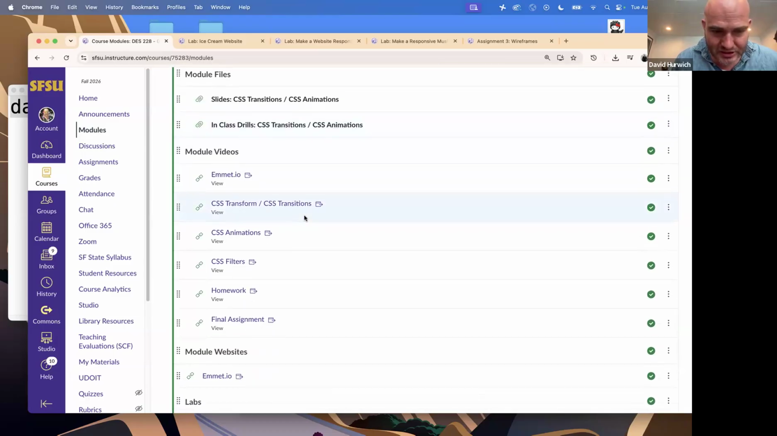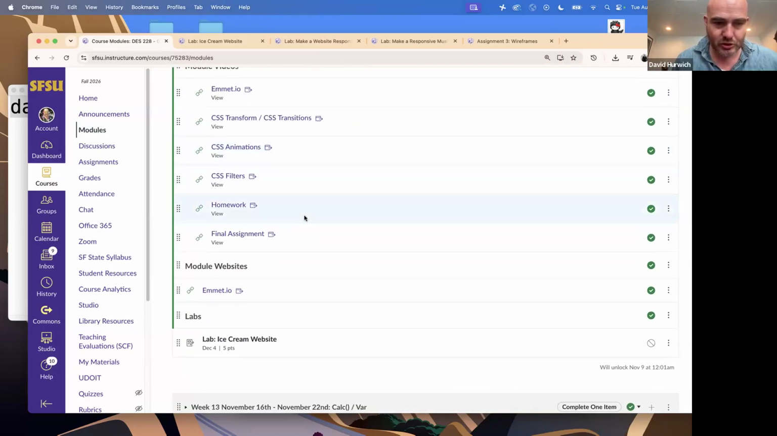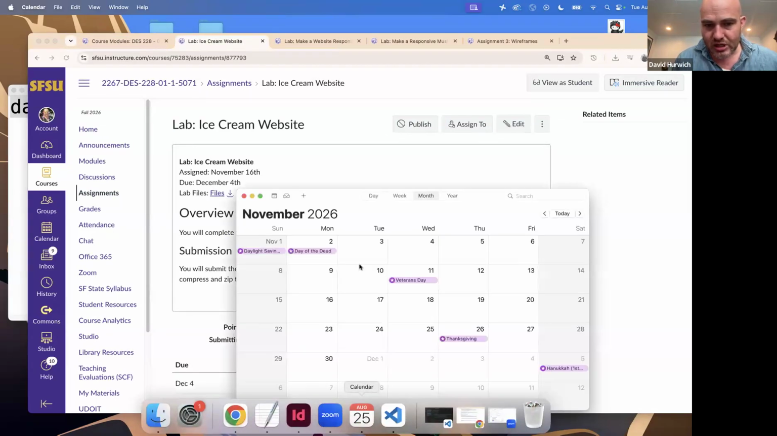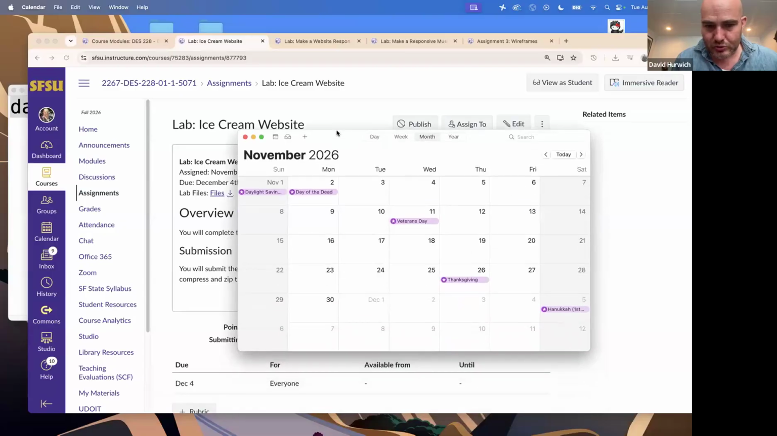All right. So let's talk about your homework. Your homework is I'm assigning you a new kind of Mr. Hurwitz follow along type lab. It's called Ice Cream website, and essentially it practices everything that we talked about today, which is CSS transitions and animations. Okay. This will be due